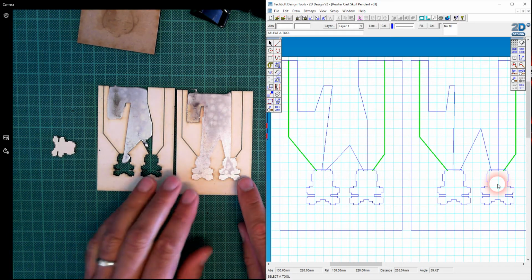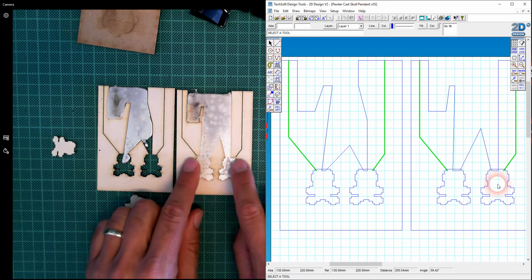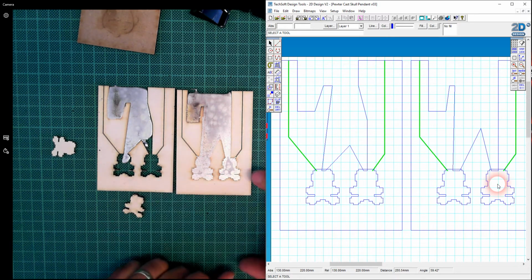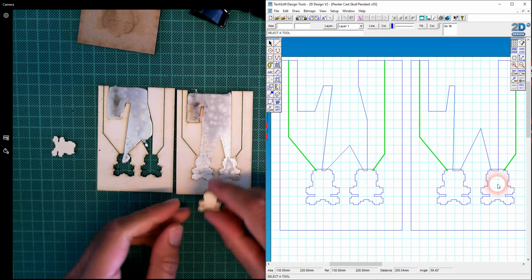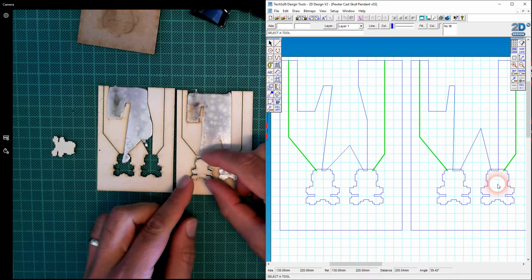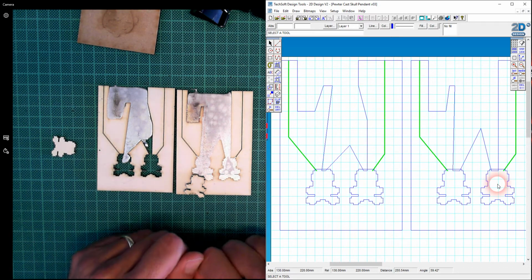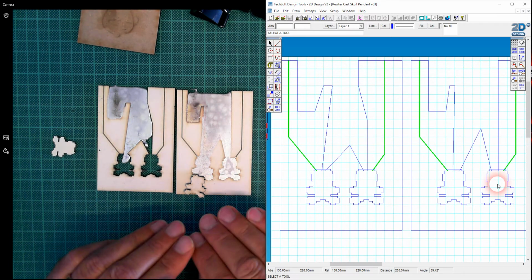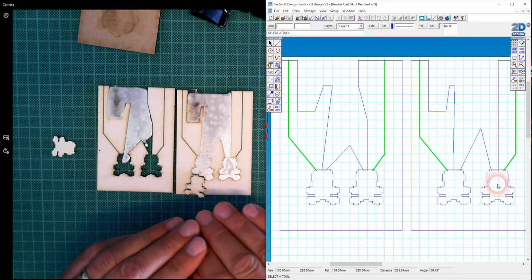Now, if anything, it has actually just flowed a little bit too wide there against the actual cavity. I'll fix that up later so it doesn't quite follow the neat profile there of my actual little skull and crossbone characters. It's also started to flow a little bit up the right there, which is absolutely fine, but that looks great. So what I'm going to do now is polish this up,